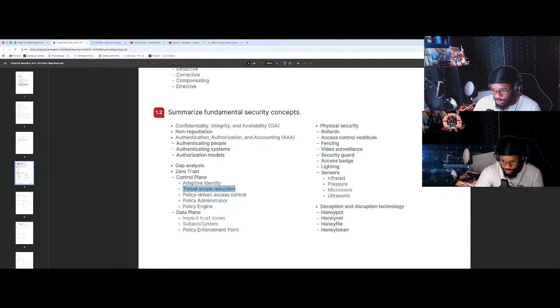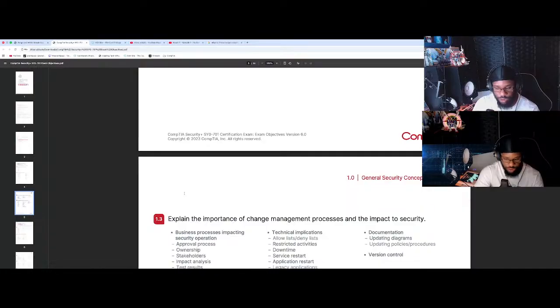And you have policy driven access control. Let's talk about that. What is